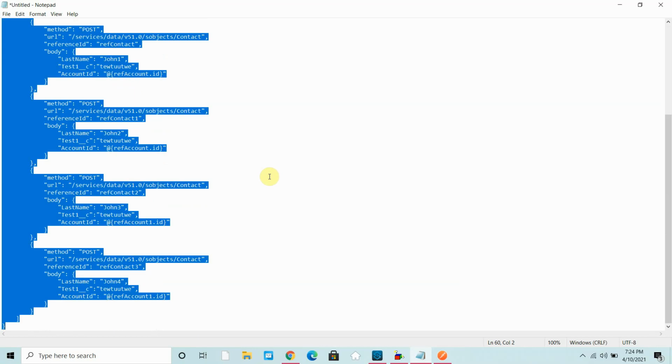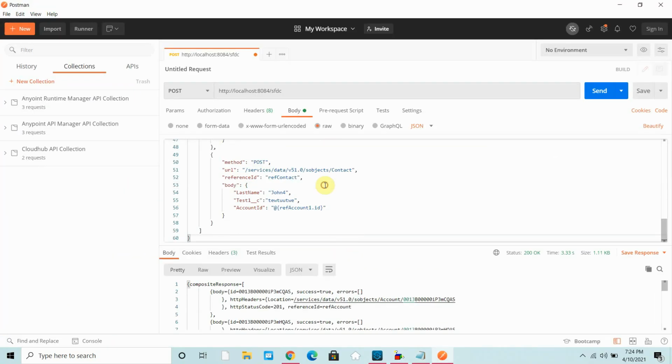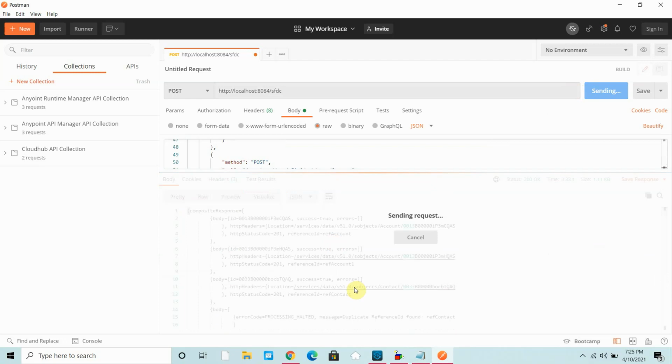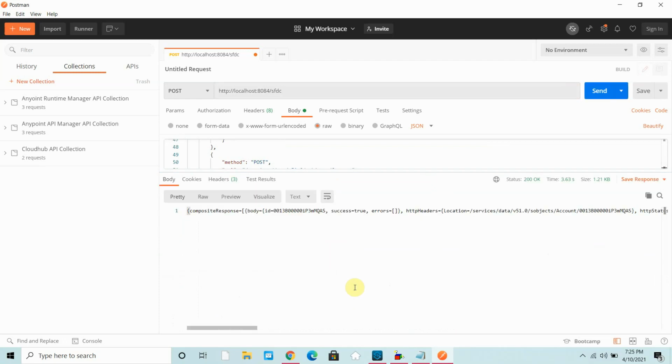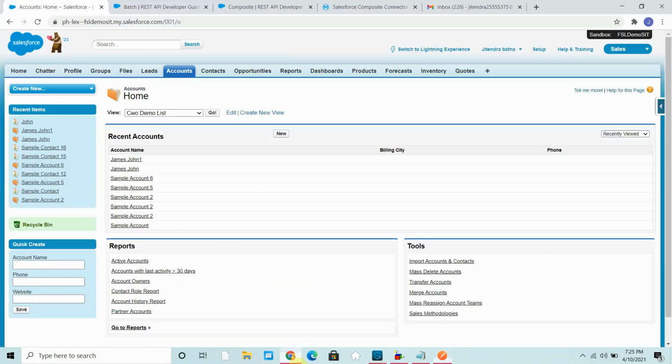Okay, copy this request and try to send it again. Okay, let me make it JSON. This time everything is successful. Let me verify that. It should add a few more accounts.